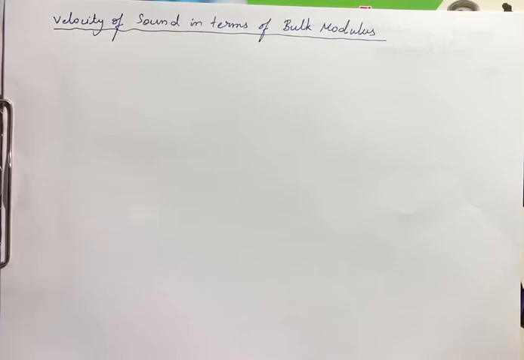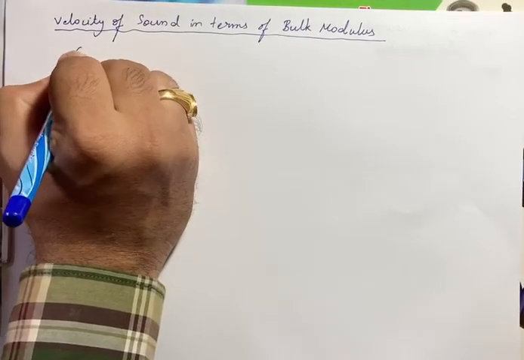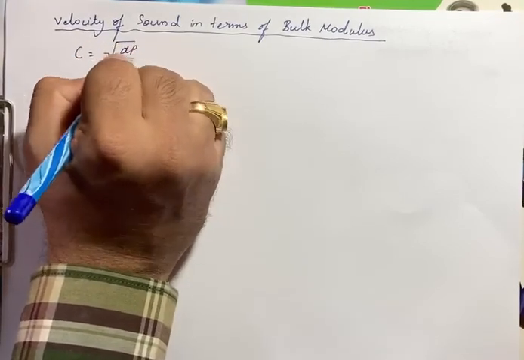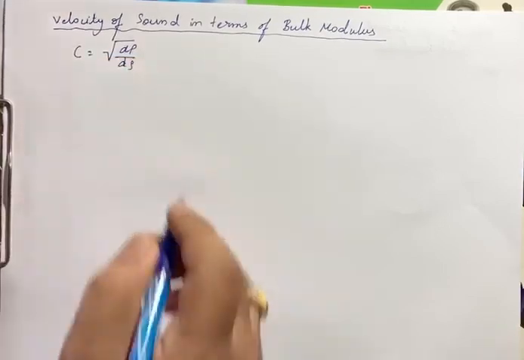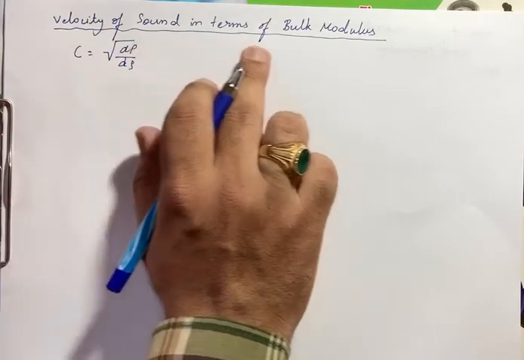In the previous video we derived the expression for the velocity of sound, that is, c is equal to the square root of dP divided by d rho, where P is the pressure and rho is the density. dP by d rho is the change in pressure by change in density, right? Now, moving on,